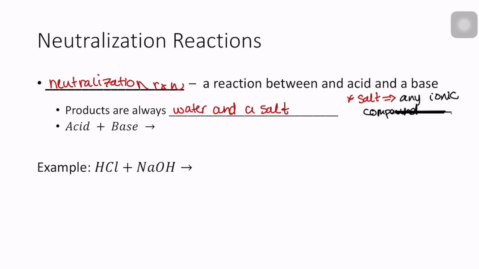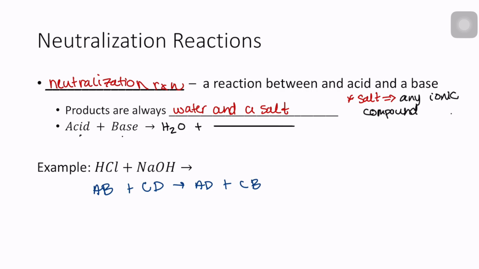The neutralization reactions also follow double displacement reactions. So you'll still have AB plus CD is going to yield AD plus CB. In this reaction, when you have an acid plus base, you're going to yield water plus a salt. And that salt is going to be what is left over after taking water out of the equation. So if I have HCl and sodium hydroxide,